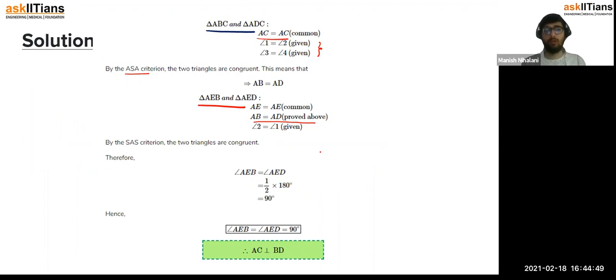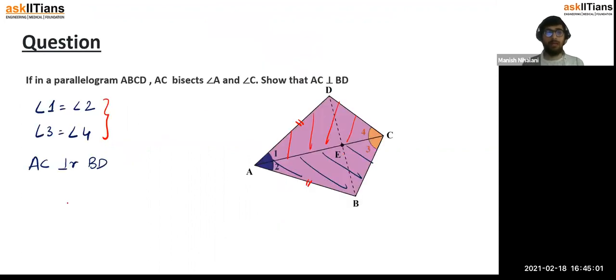And we know angle 2 equal to angle 1. So by SAS, these triangles are also congruent. Therefore, measure angle AEB plus measure angle AED is equal to 180